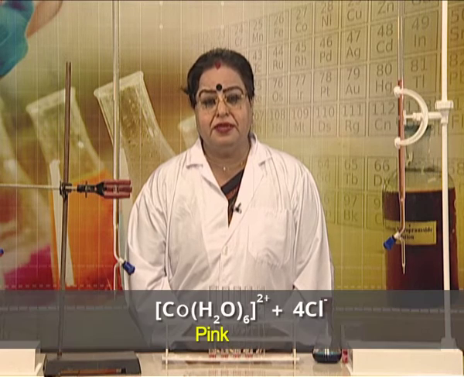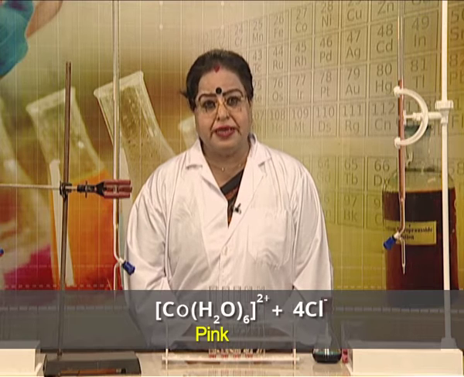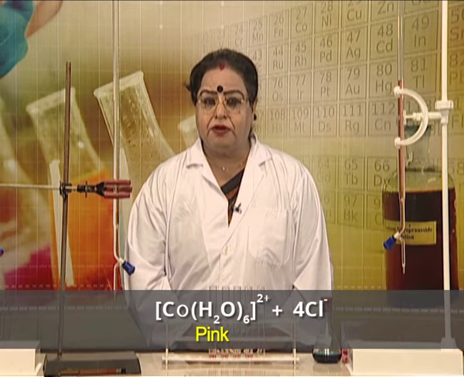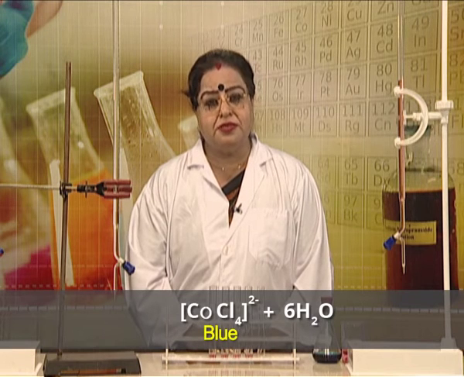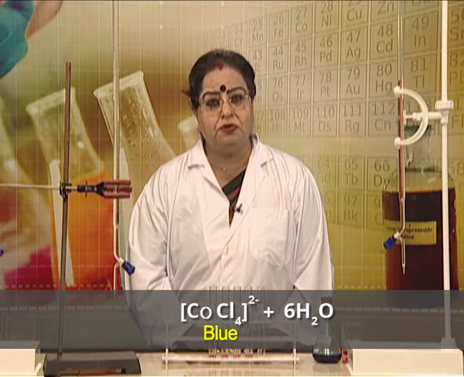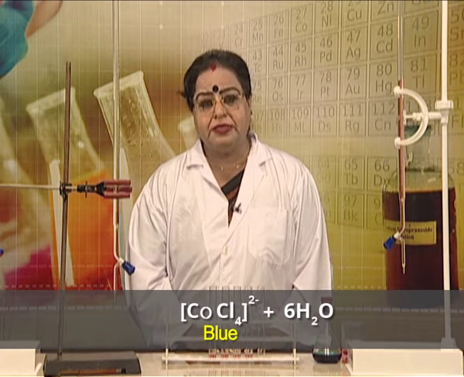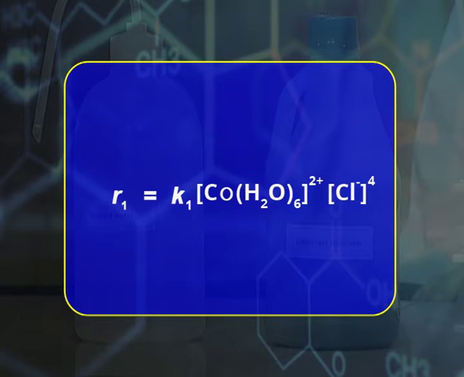In this experiment, since the reaction is reversible, we can proceed from either side, and this time we are taking Co(H2O)6 2+ as one of the reactants, and we are adding chloride ions from the concentrated HCl, and we will see that the reaction proceeds to give us CoCl4 2- as one of the products, and the other product formed is 6 molecules of water. If we have to write the equilibrium constant for this reaction, we can write it like this.